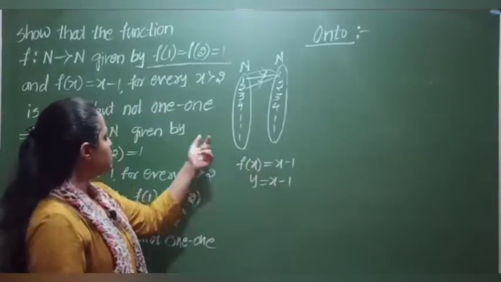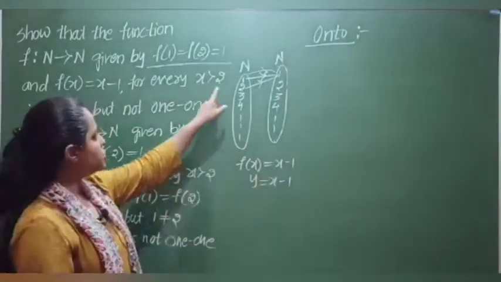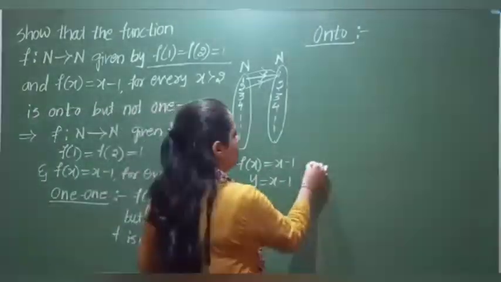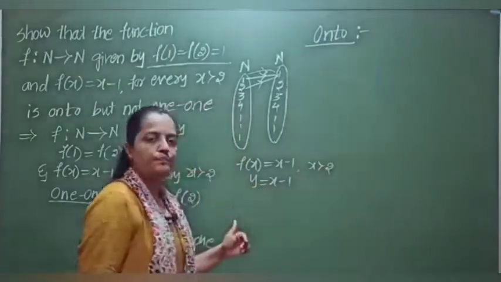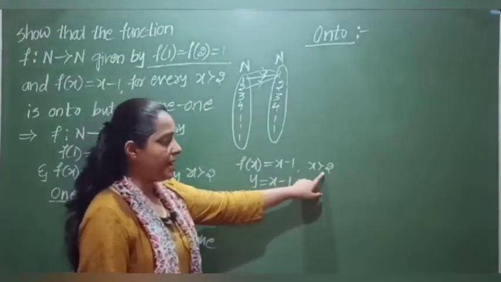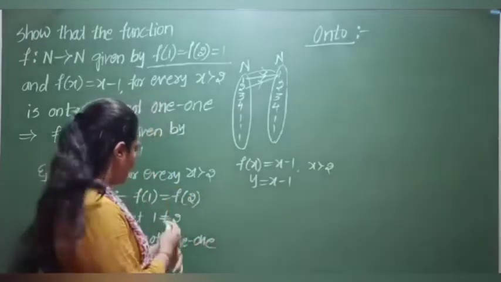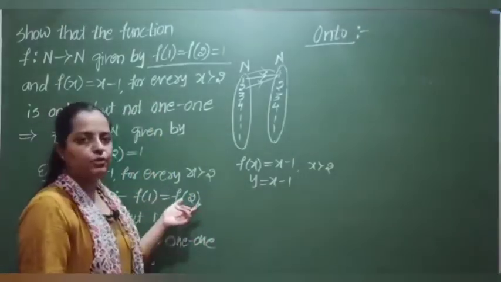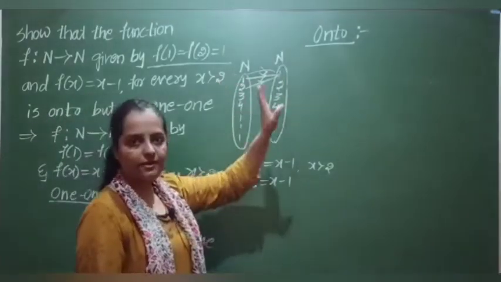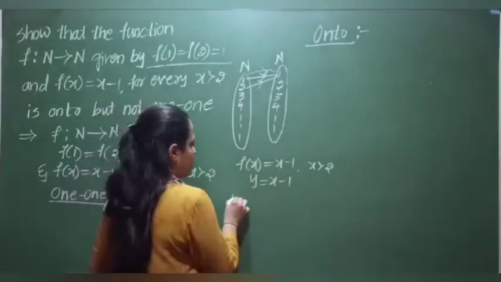So when this function is whole square, the condition for the function is x should be greater than 2. x should be greater than 2, right? So now why have they given x greater than 2? Here they have already mentioned 1. For 1 and 2 they have given image, right? And now I'll start with x equal to 3.